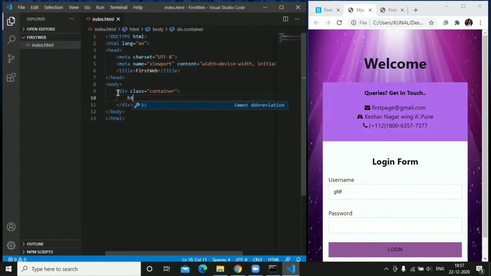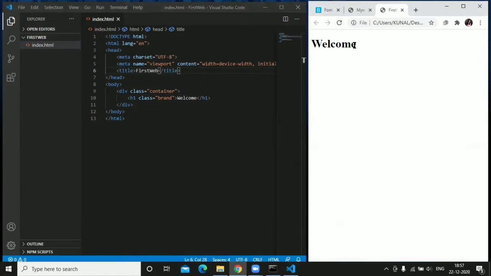We will name the heading, that is welcome. Write an h1 tag, which is a heading tag, and name it as brand. You can name it anything. Just type what we want to display here. Type welcome. We can use a span tag also.